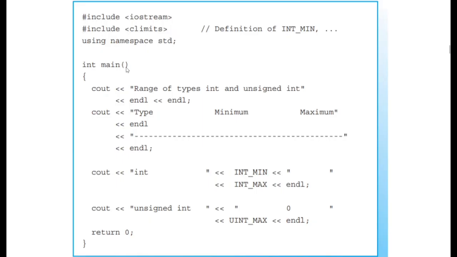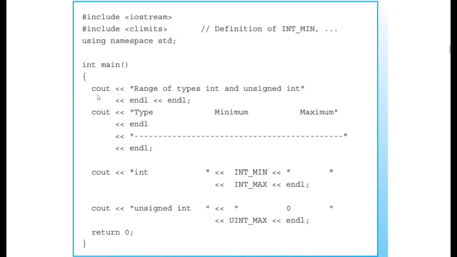But in this case, the main function does not take in any arguments. And what are arguments? An argument is data that is passed into a function. We'll cover that in more detail later on, but for now, you just need to know that these two parentheses, the opening and the closing, are to hold arguments for that function. And as we don't have any in this case, you just open it and close it right away. Then you have the opening and the closing brackets, and inside, this is the interesting bit. This is where we have the body of our function.